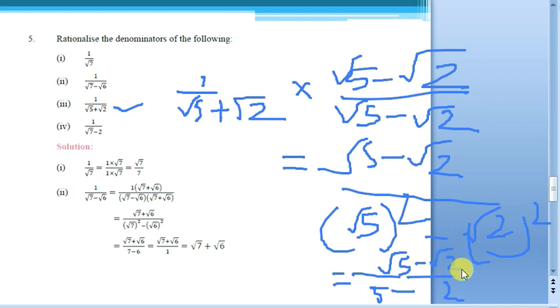As I told you, we should not say root 5 minus root 2 as root 3, as we do for natural numbers. These are both irrational numbers and under roots, so we should not operate on them. It has to be like this only. So it will be root 5 minus root 2 upon 5 minus 2, which is 3. So you got 3 in the denominator, and initially an irrational number was there, finally you got a rational number. That is the concept of rationalization of denominator.